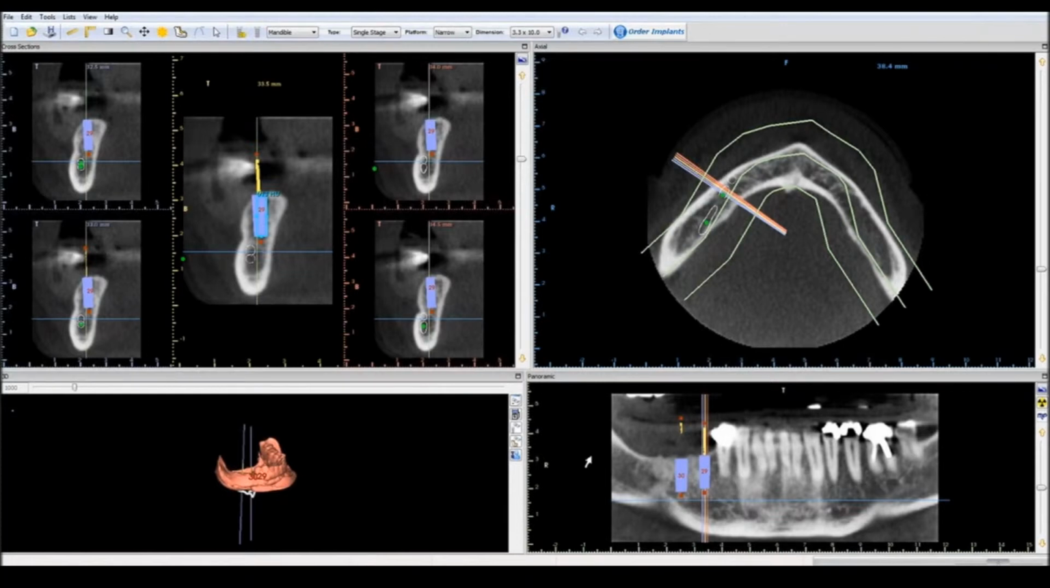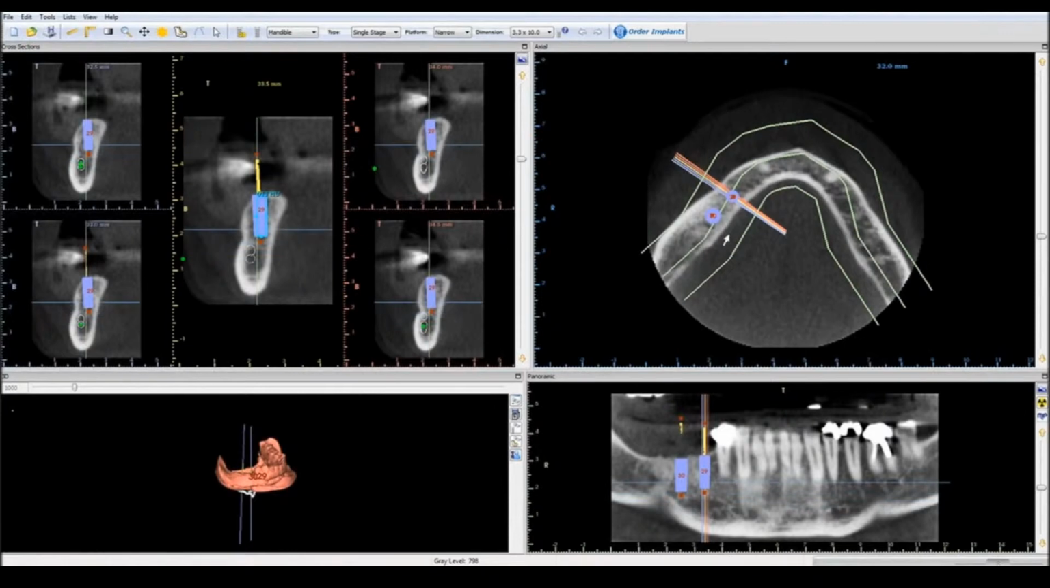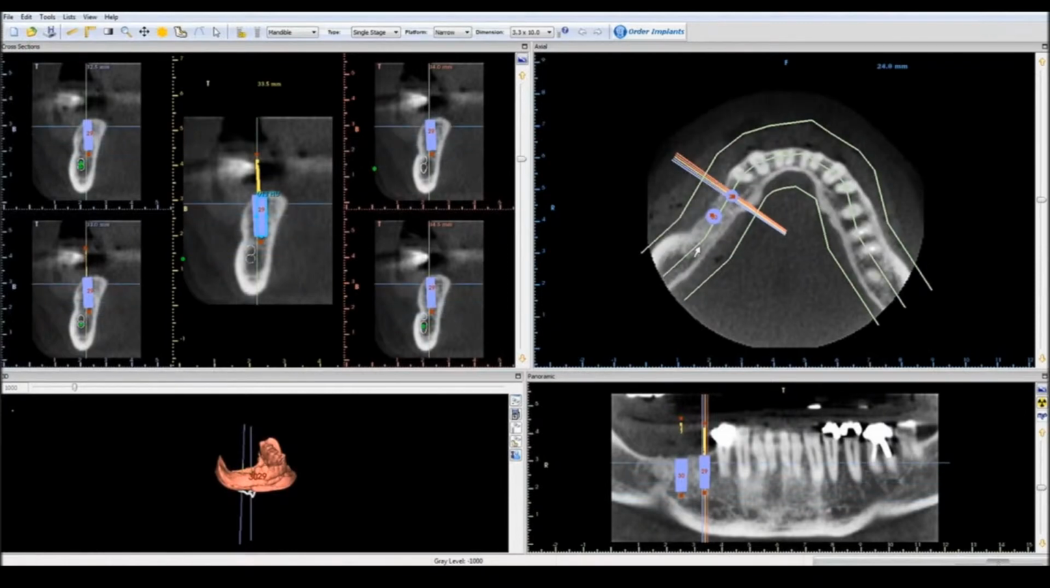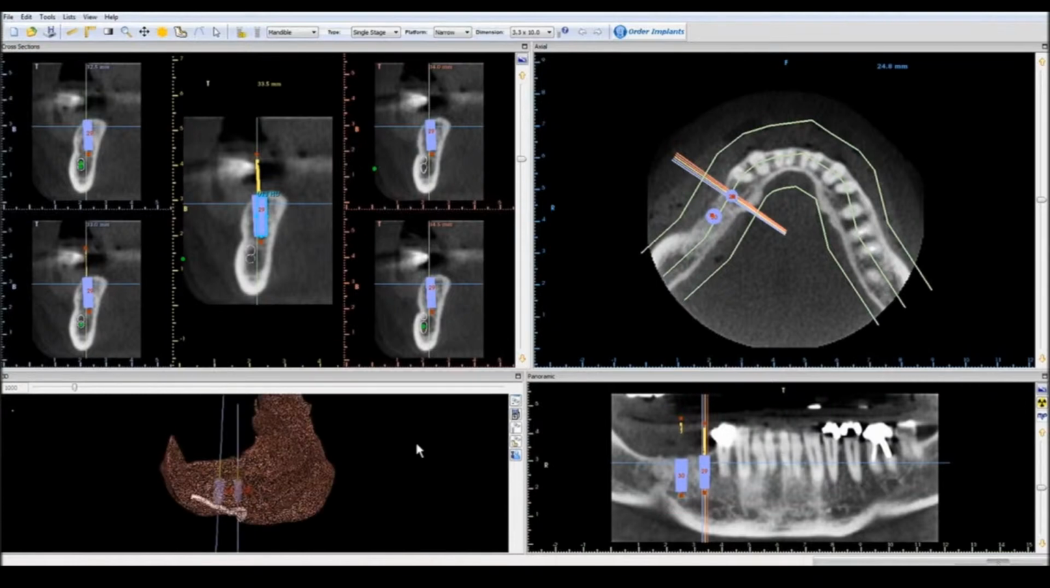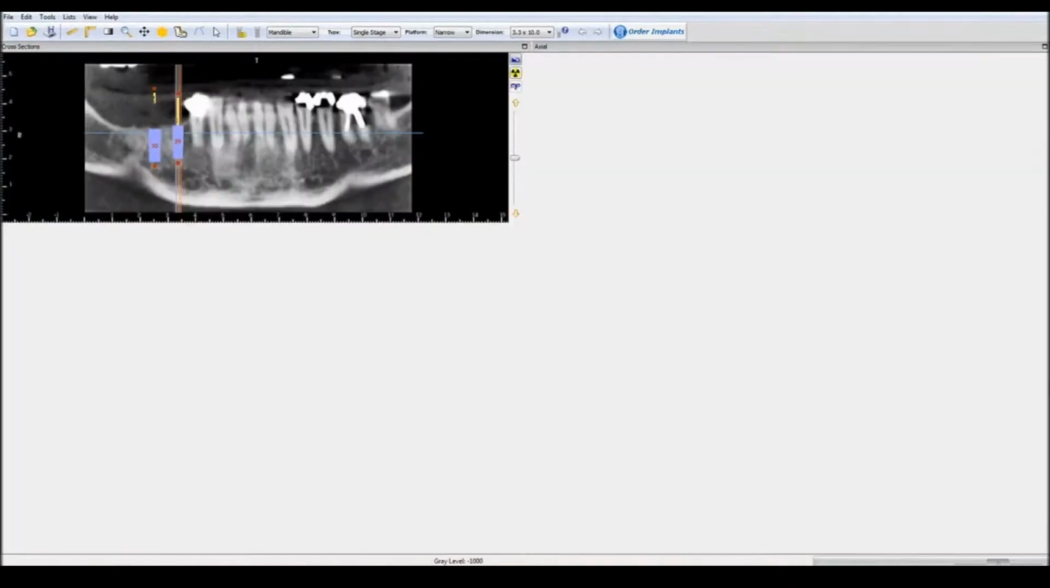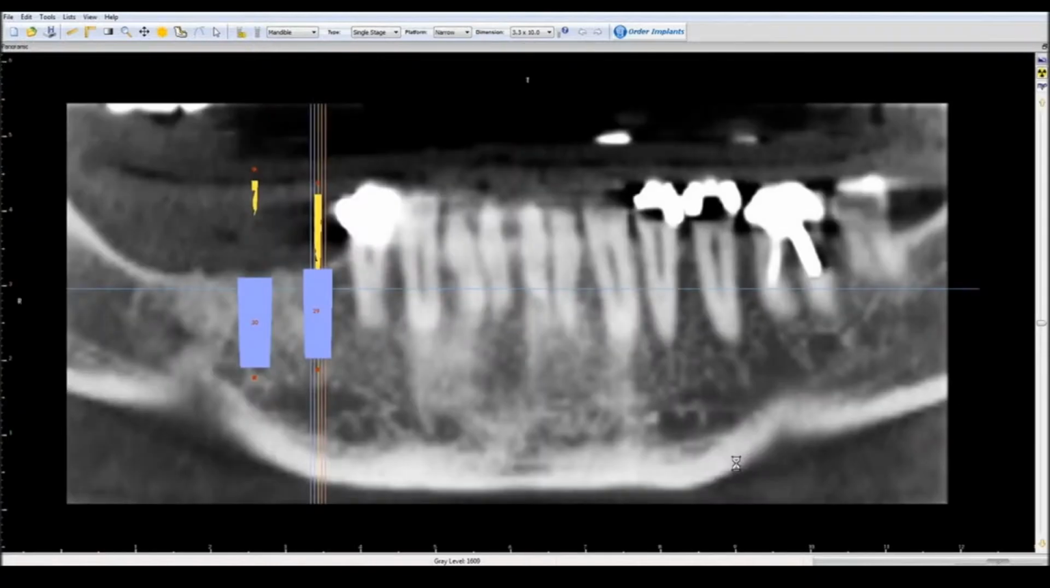You get at least these 4 views. You get the axial view, you get a cross-sectional view, you get the panoramic view, and you get a 3D reconstruction. So to plan a case like this, the first thing I do is I go to the pan,